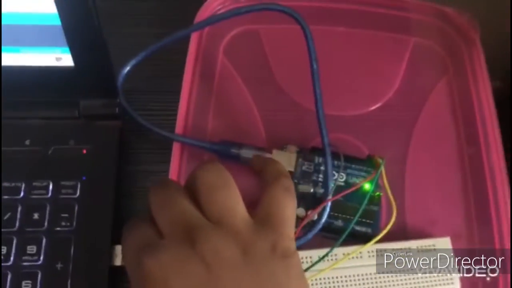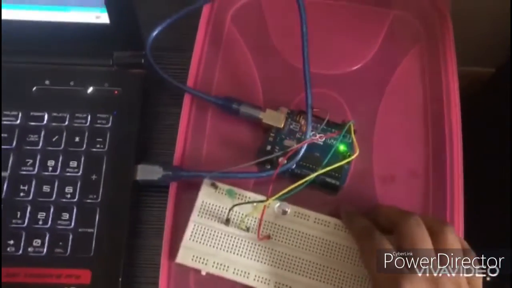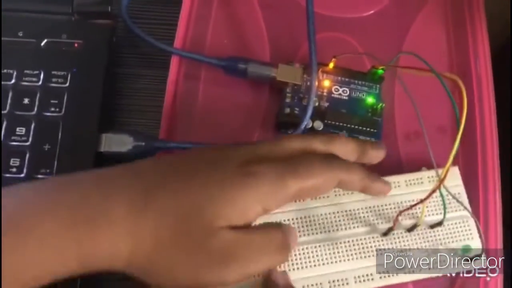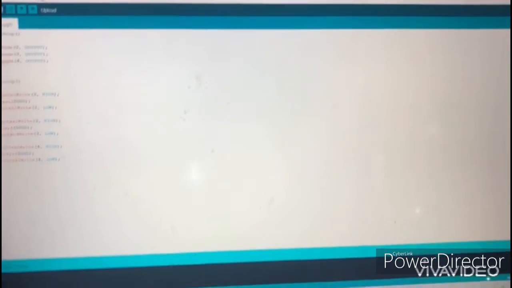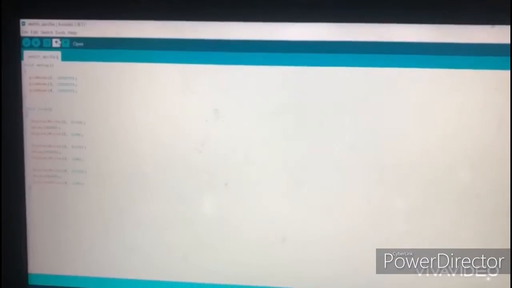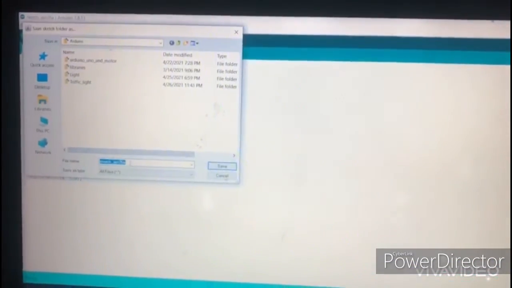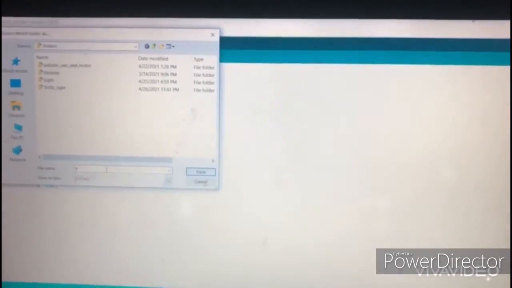Plug in the USB cable to the Arduino Uno. After you plug it in, remember to save, and then you can write the name. So go to save.